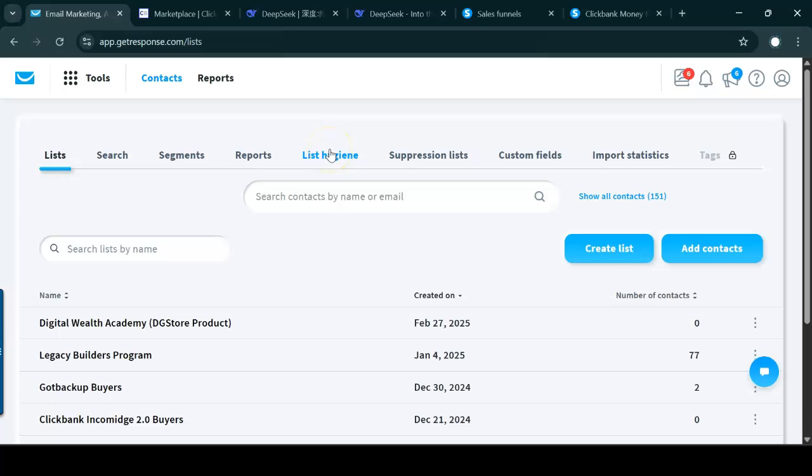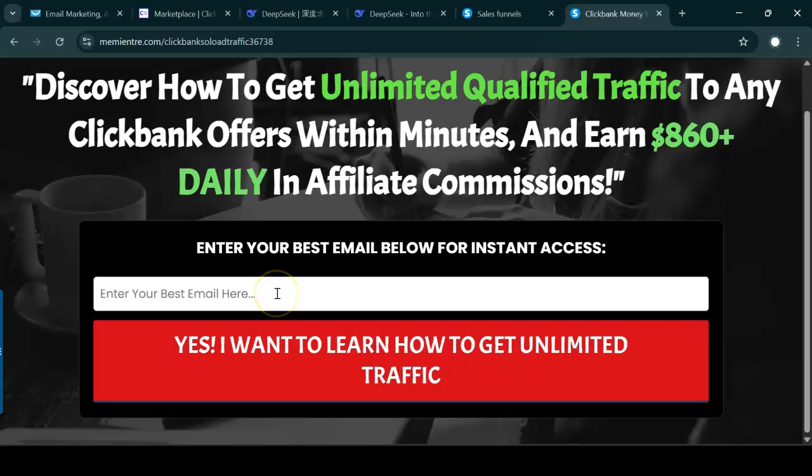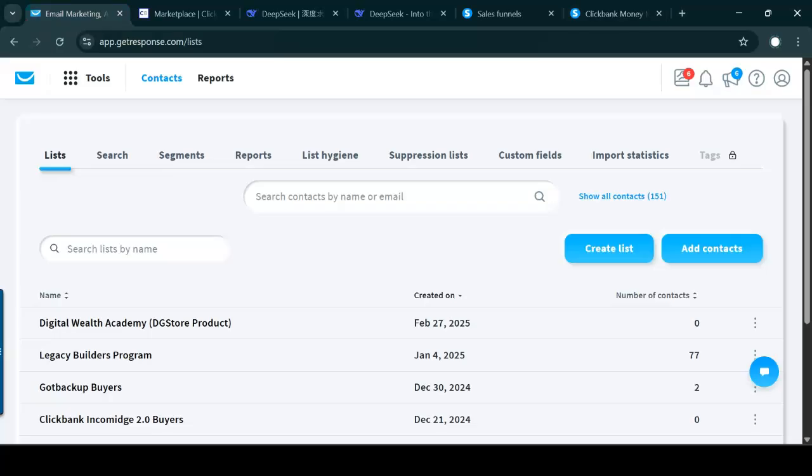Okay, now what does this do? When someone comes here and enters their email address, they're going to be redirected to the offer. Okay, most people will not buy upfront, instantly. So you need to follow up with these people. Now if you have created these email follow-ups, automatically these emails will go out on your behalf on complete autopilot, and you will be able to start seeing traffic and potential sales. Now the biggest question that normally people have is, I don't know what to write. Okay, I don't know what to write, I don't know where to get the emails from.